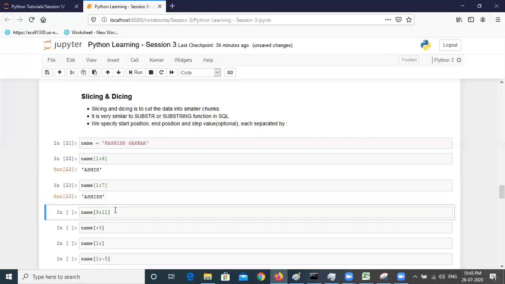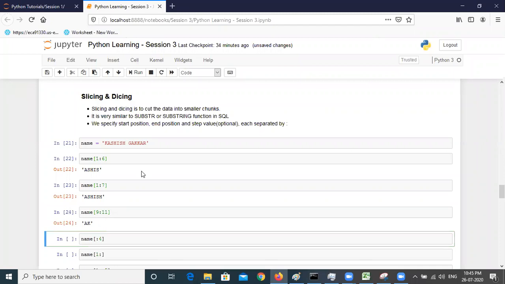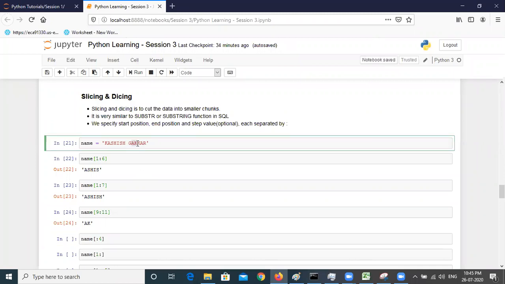And 9 colon 11. Okay, 9 and 10. Let's run this. So AK, which is this.